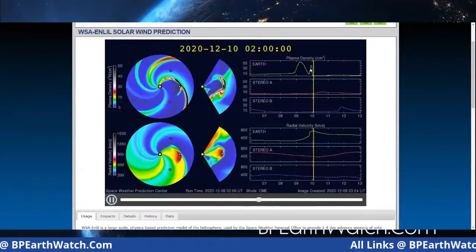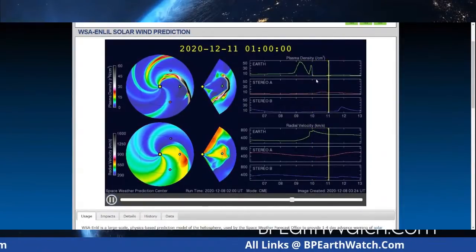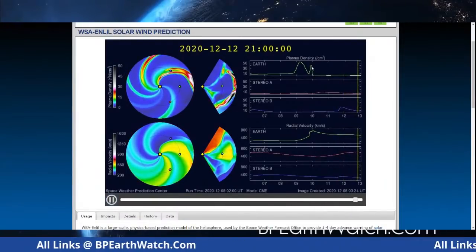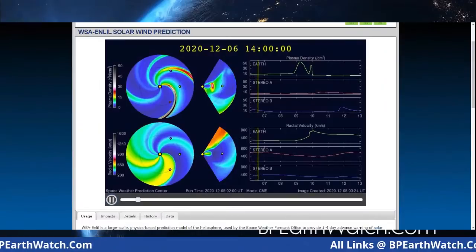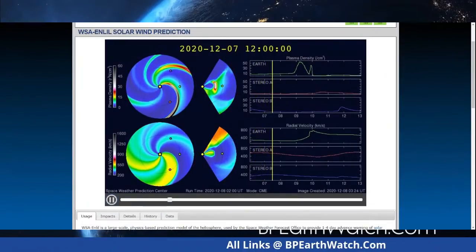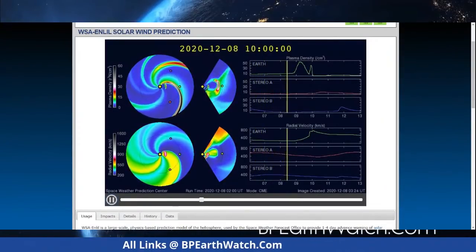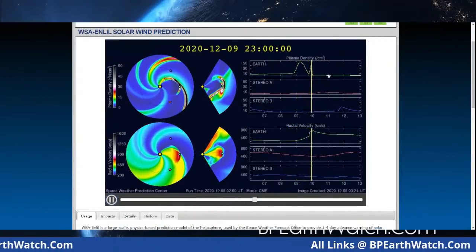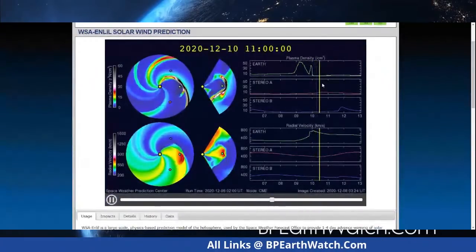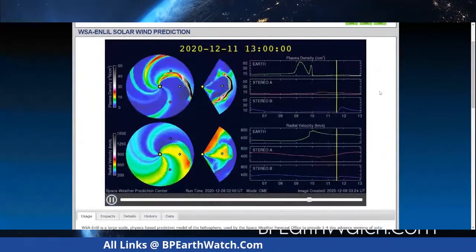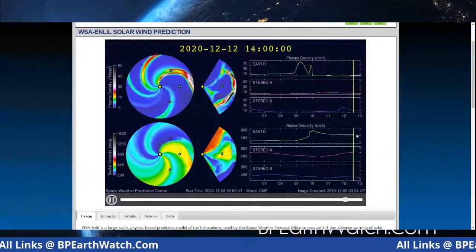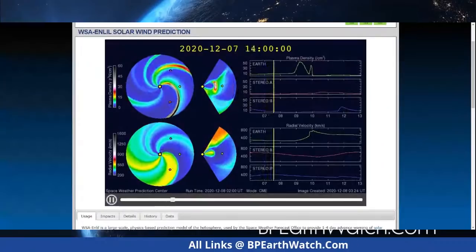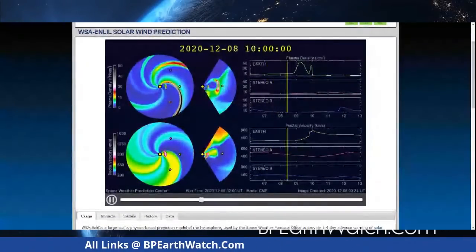But notice the density, how after the CME comes past us, the density drops very low. That's because, like I said, it's going to blow the particles of the density past the Earth very fast, thin them out, like the smoke effect in high wind. And that's why that will help as far as some of the aches and pains. But your solar wind speed is going to stay up around 600 or 700 kilometers per second, close to 1,000,000 miles an hour for the next 2 to 3 days. So that's kind of how you would tell how long that would last.